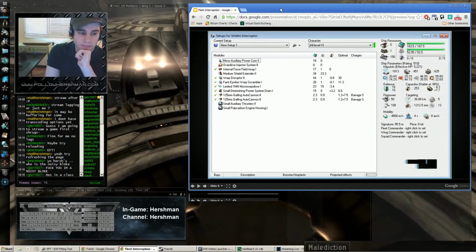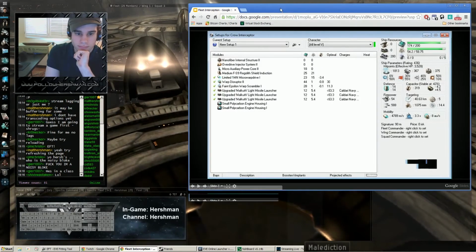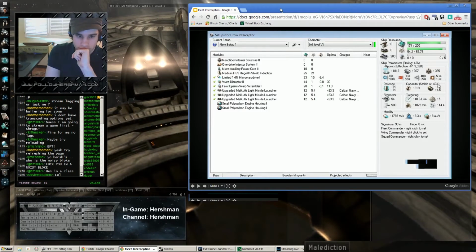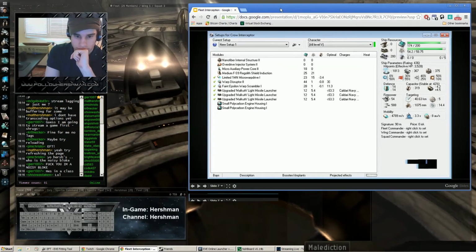You're flying a Stogie, moving 1k a second, and there's a gang of Caracals, or a few Caracals or whatever, which move 2.5k or 2k, let's say 2k, with their micro warp drive on. You can't really catch up to them. You will need a scram to shut their micro warp drives off, because otherwise you have no way to catch them. Also, a scram can be used